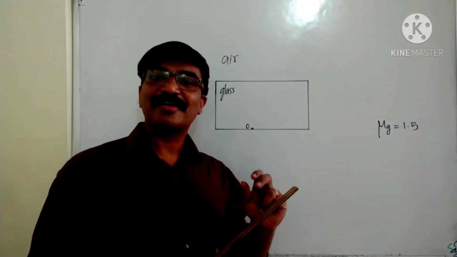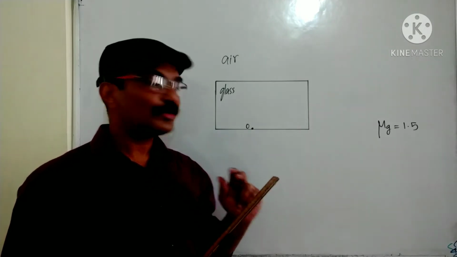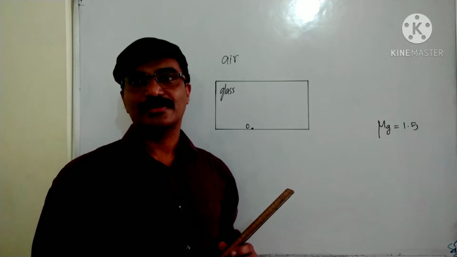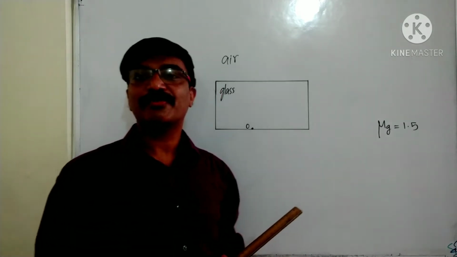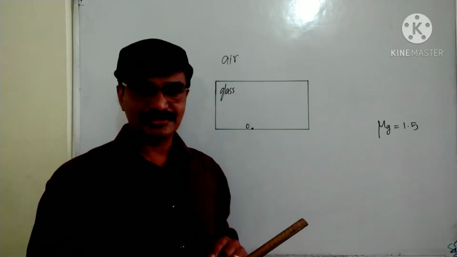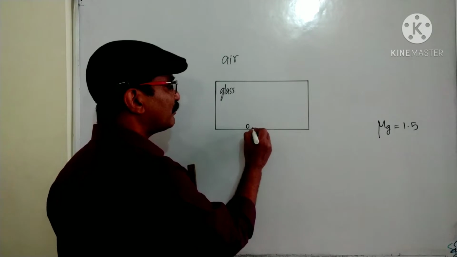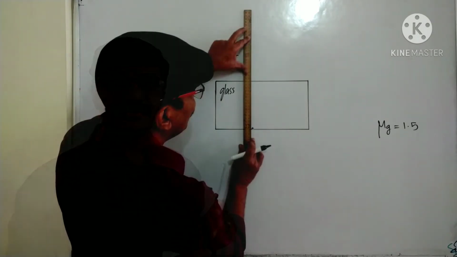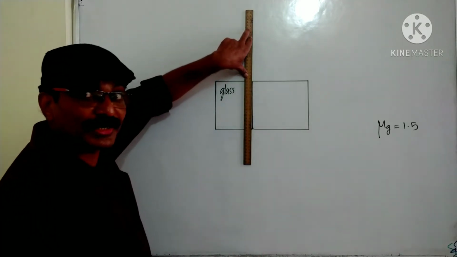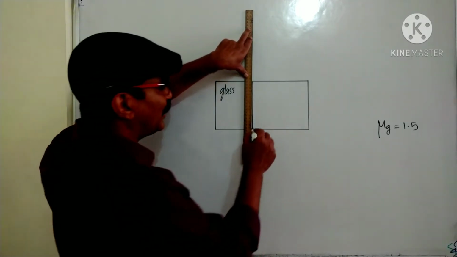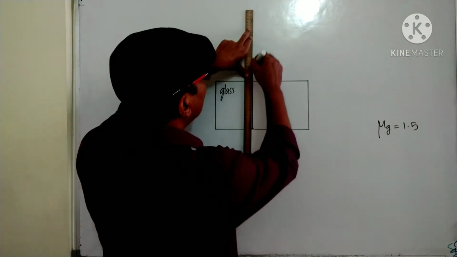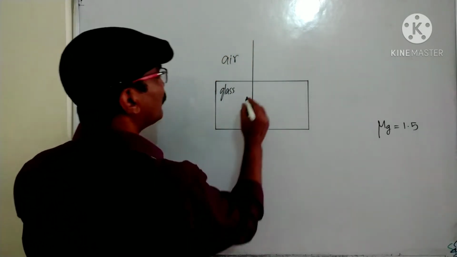Sometimes in the examination you will be asked to draw a diagram to show the apparent position of the object. So as you know, to show the image formation you need at least two rays which start from a point. Okay, here is our object. From here we will take two rays. Here I am taking a ray which falls normal to the surface. What will happen to that ray? The ray is not deviated. Angle of incidence is equal to 0 degrees. So without a deviation, the ray goes, okay, light ray passes this way.